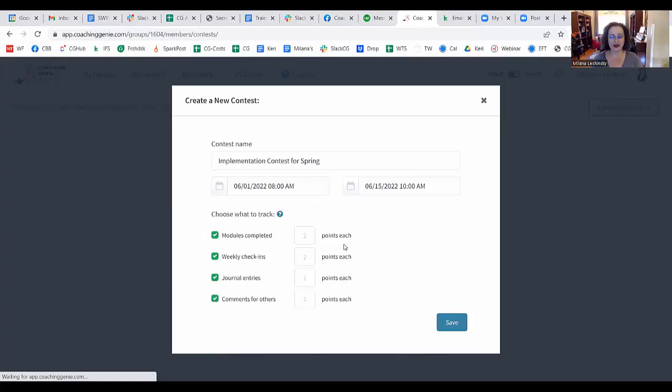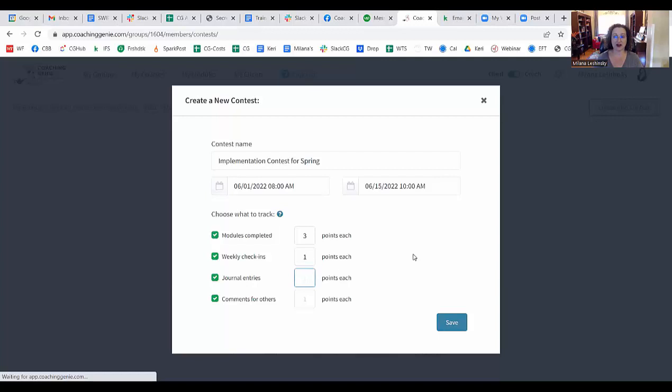Okay, and here I can decide how many points to assign to each action. So I believe that the most important action people can take is really to watch the modules, because that's where the gold of my program lies. I want to make sure people watch the modules. So I'm going to assign 3 points. Weekly check-ins are important and they're helpful, so I'm going to assign maybe 1 point to each weekly check-in.